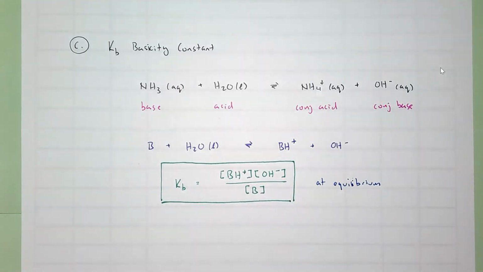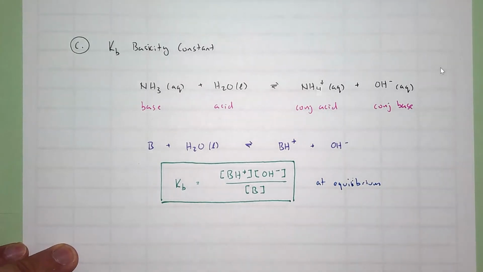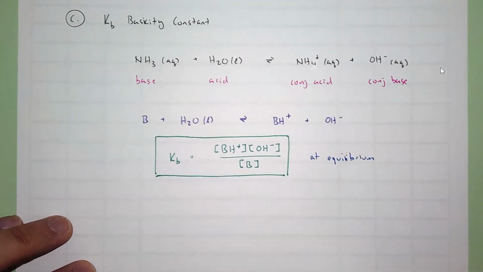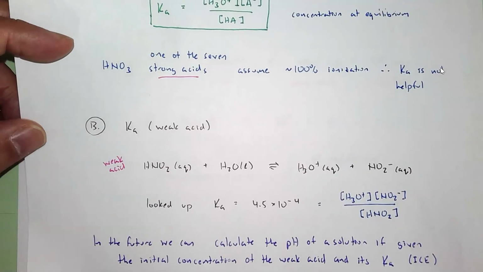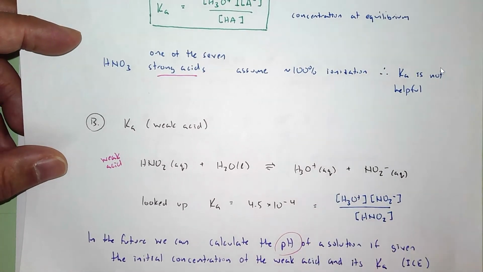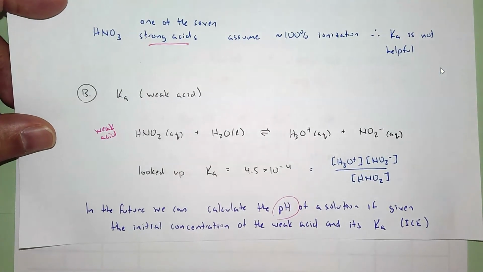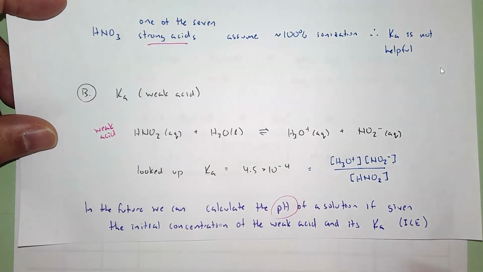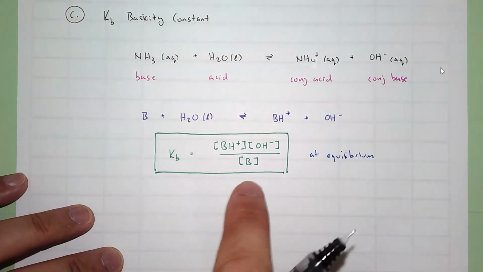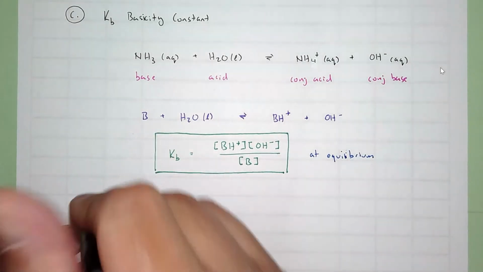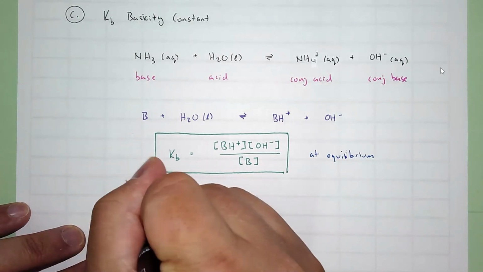Okay, let me make sure I have everything I need. Okay, before we leave this video, I'm curious. It seems like eventually we're going to be able to do problems where we calculate the pH of a solution if we're given the initial concentration of something, in this case the weak acid, and its Ka. Would we be able to get the pH if we're given the initial concentration of base and its Kb? Is it possible